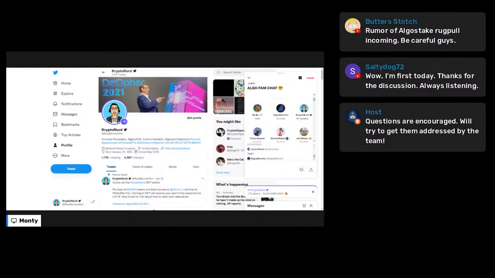And I hear what you're saying, Ibu. What's the purpose of that check mark? And do we want them to really be the police of that? I don't know. That seems like a slippery slope as well. How much do we want the foundation or Algorand proper to police what projects come up for review?